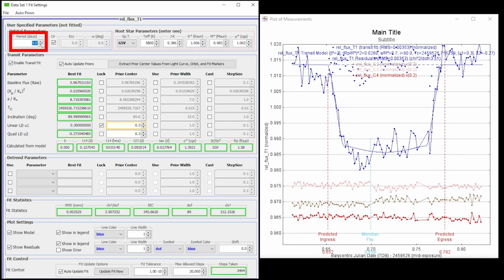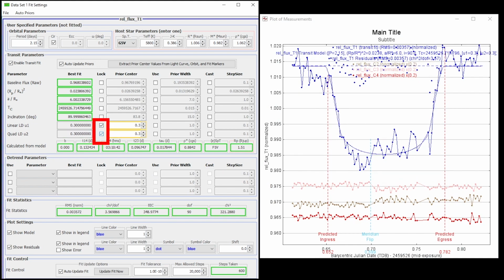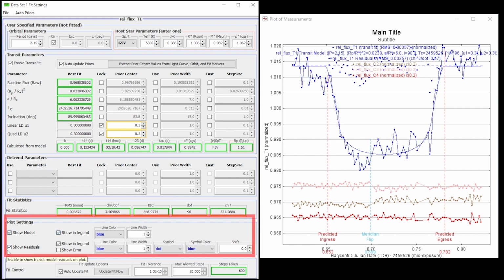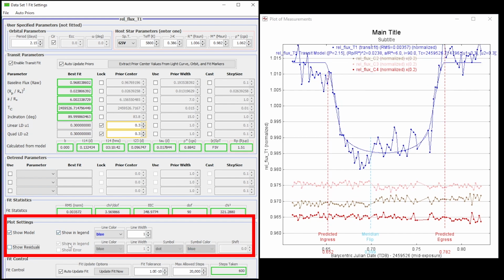And once that's done, we can also lock in U1 and U2 with these checkboxes, and you can see we're getting a light line that is a fit model that looks pretty good to our curve. Now to clean this up a little bit more, we're going to get rid of our residuals from being plotted. We're also going to increase the thickness of that curve that's being graphed to 3 to make it nice